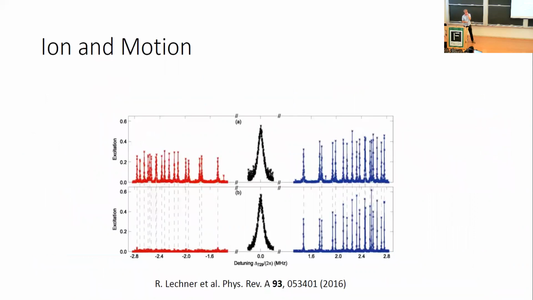Okay, so now, in terms of ions in motion, I just want to say a little bit more about how this works. So the idea is this carrier, I stole this graphic from Innsbruck. This is the carrier transition where you only change the qubit. This is the blue transition where when you excite the qubit, you also add a phonon. So you can think of it as anti-Jaynes-Cummings. And here, when you excite the qubit, you remove a phonon. So you can think of it as the normal Jaynes-Cummings kind of interaction.